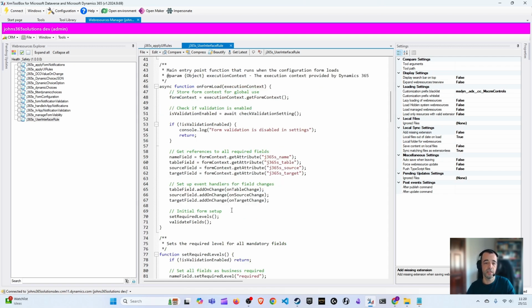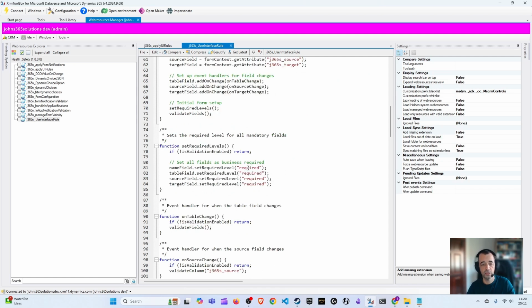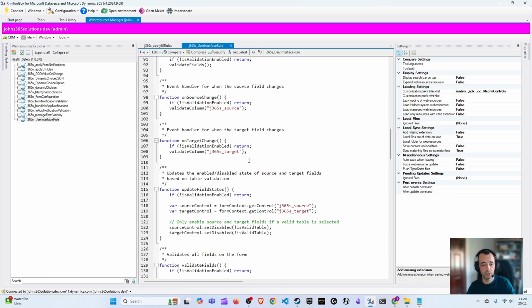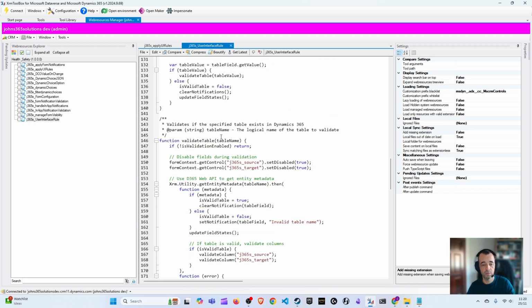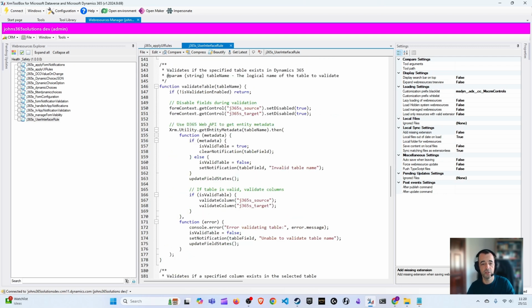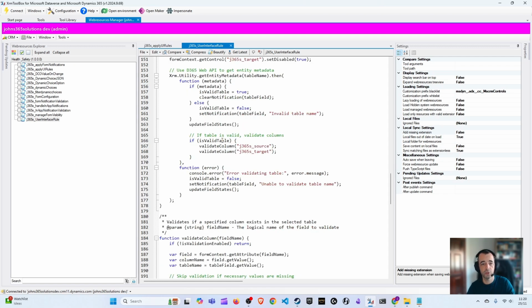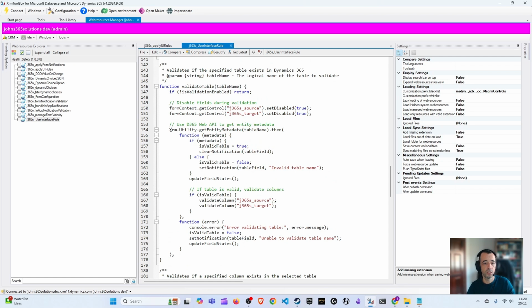However, if the validation is on and we want to continue with the validation for the new form, then we continue with the JavaScript. There are just a couple of pieces that I want to show on this, and they really are almost the same thing. The first is the validation of the table. The second is the validation of the column name, but they're the same call in JavaScript, or a similar call. And it's the